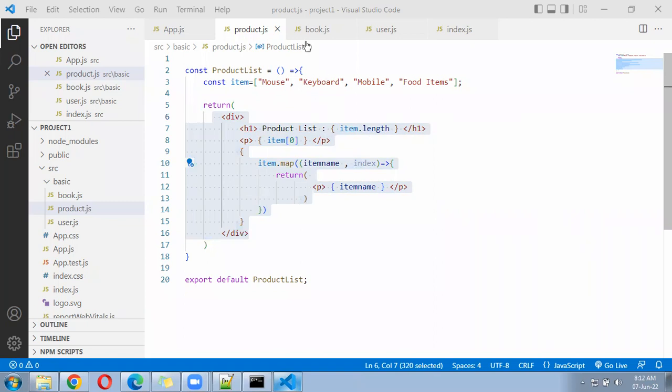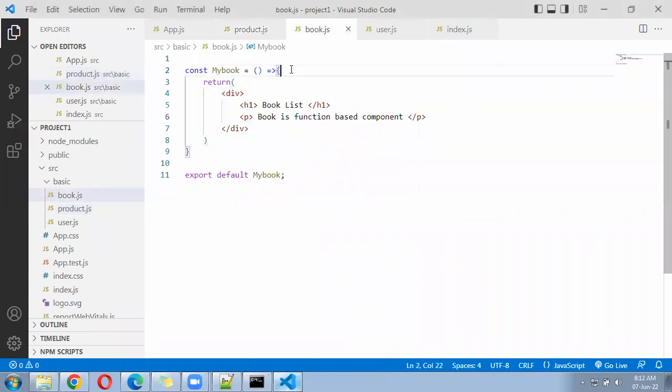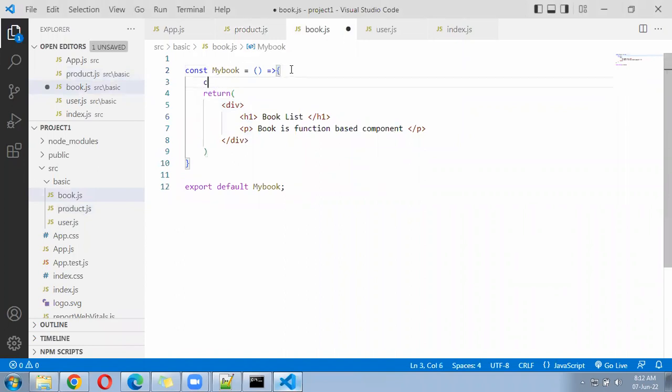Now come to the book.js file. Inside the book.js file, again we'll create a constant variable only, book list equal to